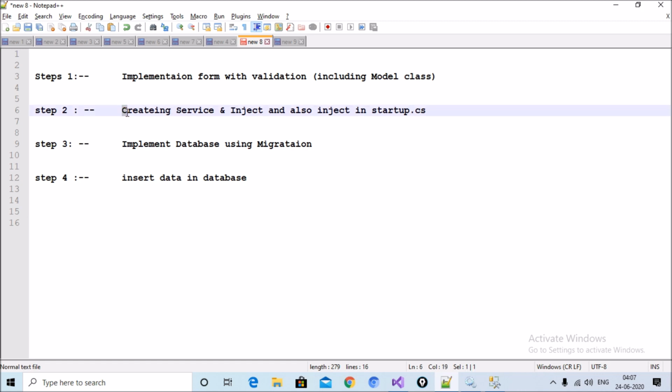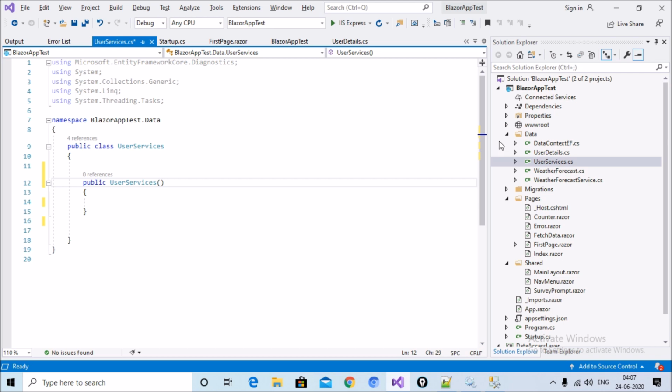Step 2: creating a service and injecting it inside my HTML page, as well as injecting the service in startup.cs. Let's start. You can see this is a project. Inside this project, in the data folder, I have created a service named user service.cs.